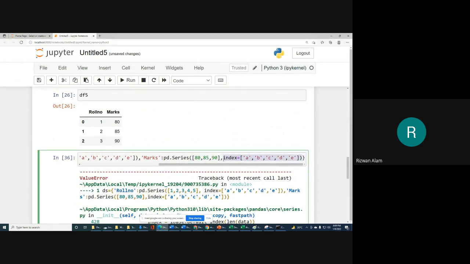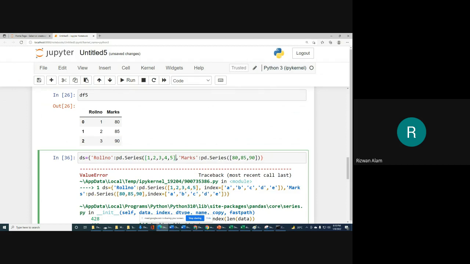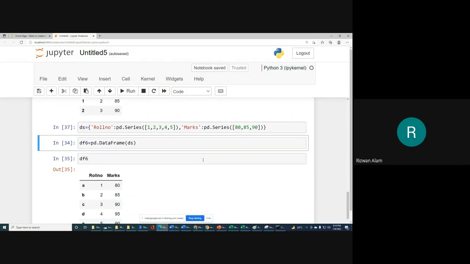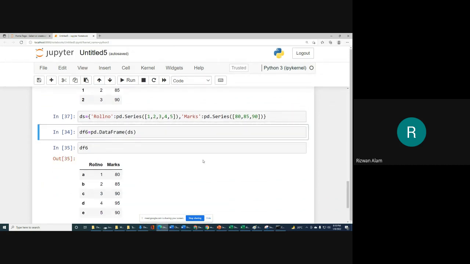Simply we will remove the index here, and here also, and then we will try this. Now you can see that if you are not going to customize the index, the row number or index will simply be 0 1 2 3 4, that's fine.